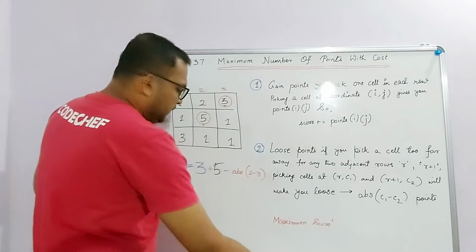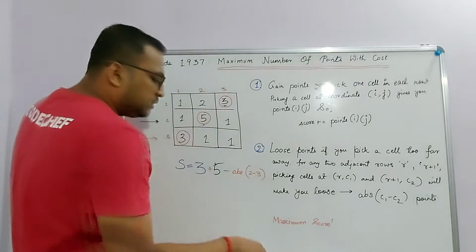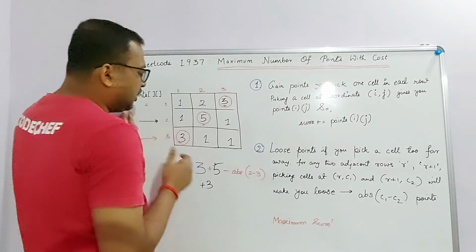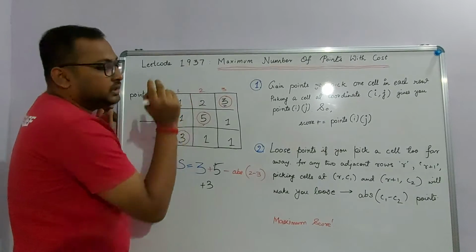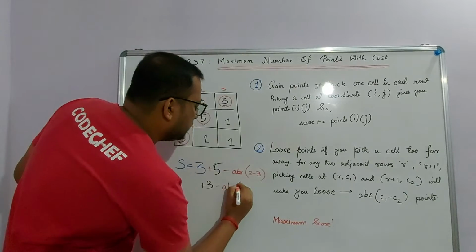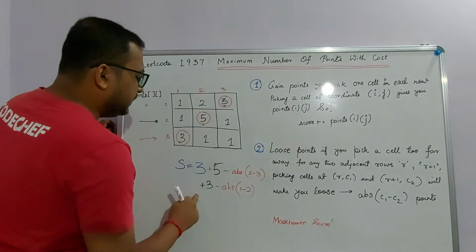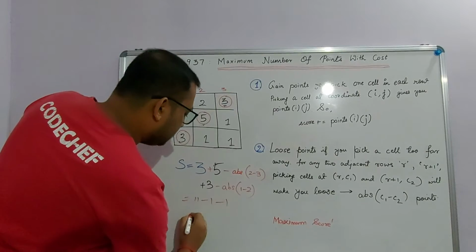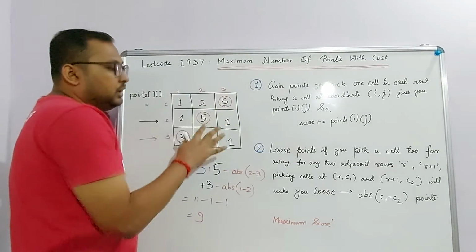Let's move ahead. Next, in the next row we again pick this particular value. So how much does my score increase by? It again increases by 3 points. But again it will lose some points. How much will it lose by? Because these two values are situated in different columns, we again take the difference of these columns and lose that many points. So how much do I lose? It's nothing but abs(1 - 2). So what's my final score? It's nothing but 5, 6, 7, 8, 9, 10, 11. 11 minus absolute value 1 and this absolute value again 1. So I get 9. That is the maximum score that I can make for this particular 2D matrix.